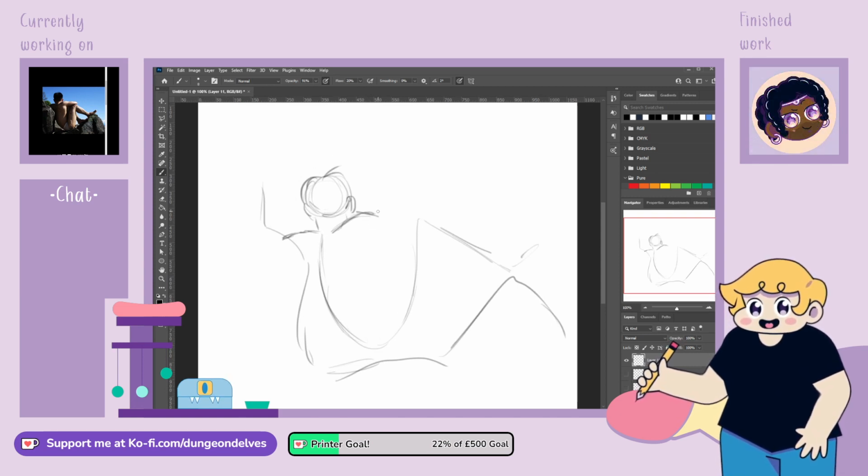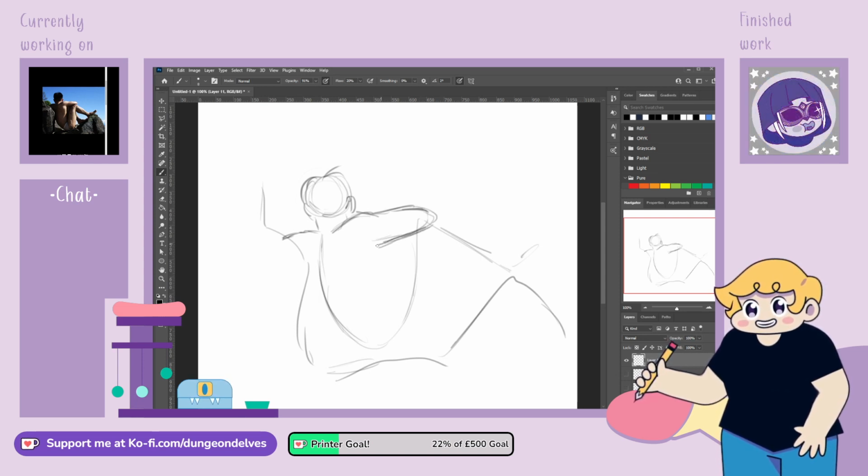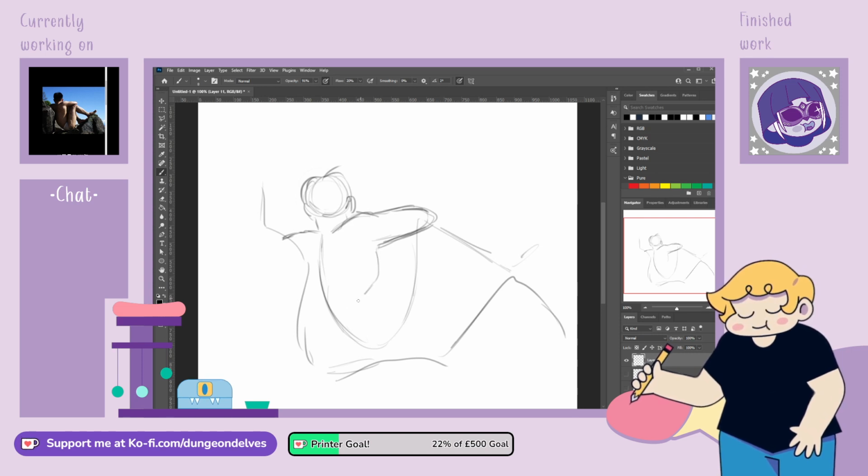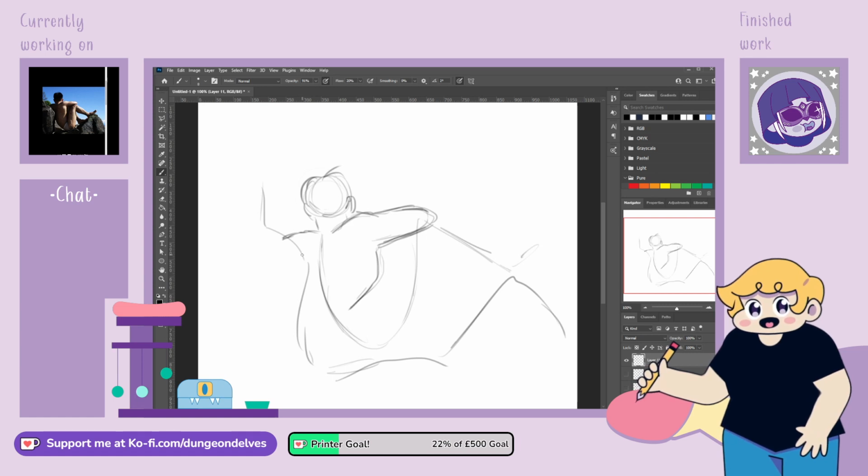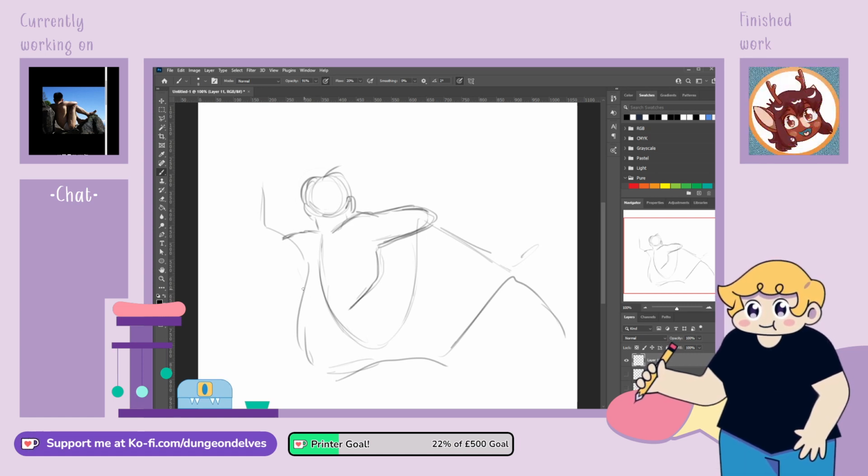And I'm going to come in and I'm going to try and get this arm in. So where we've got our reference lines, that's probably this. And then you can really see the ribs come in because of how the light is. So let's put that in.